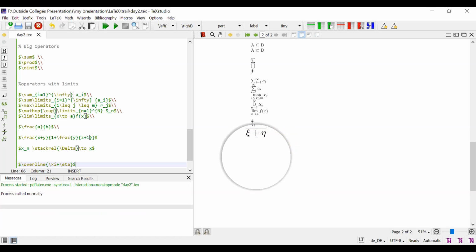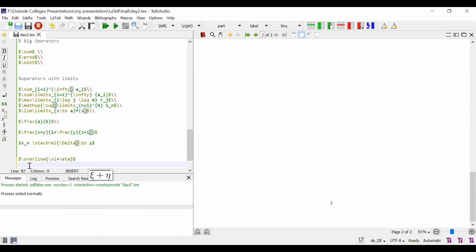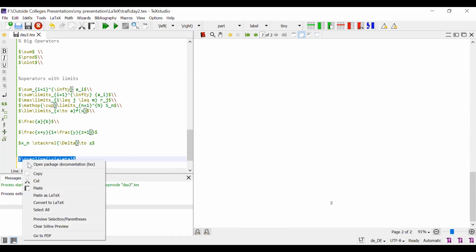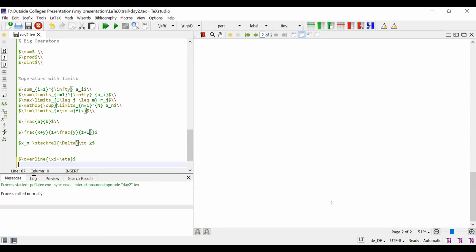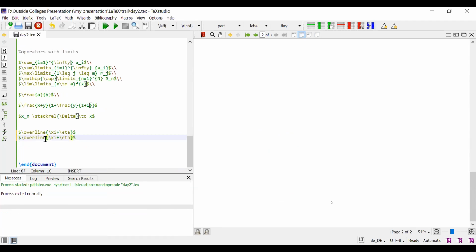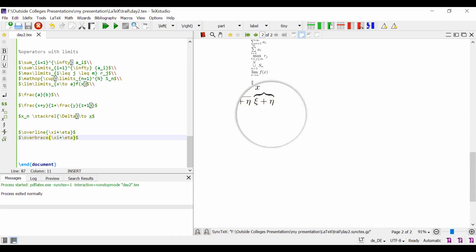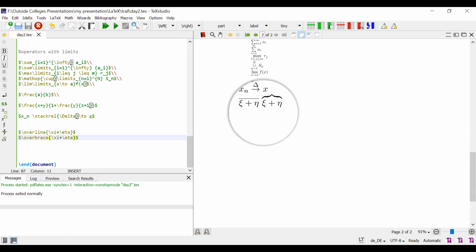This is overline eta plus n. Suppose you want to use an underbrace or overbrace, it's the same thing. Instead of line, I want to perform the brace. See this? First one is the overline, second one is the overbrace.